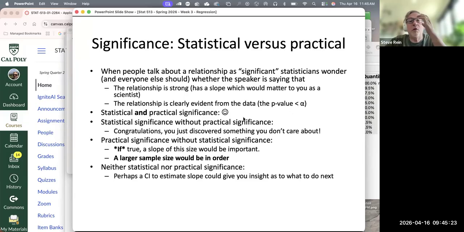Now, if you have both statistical and practical significance, publish that thing. If you have statistical significance without practical significance, how could that ever happen? Large data set sizes. If you give me enough data, says Archimedes, I can move the planet. No, that was the lever. If you give me enough data, says the statistician, I can find statistical significance. But that doesn't mean anyone would care.